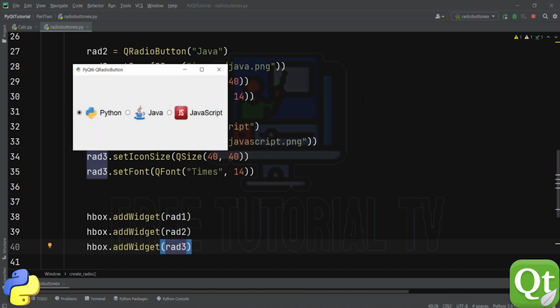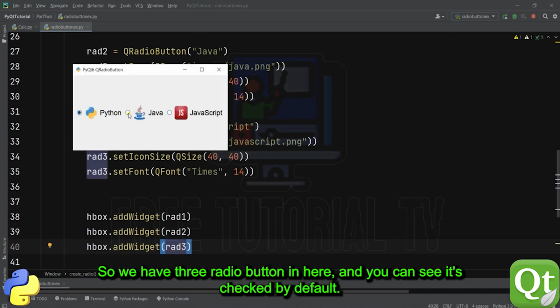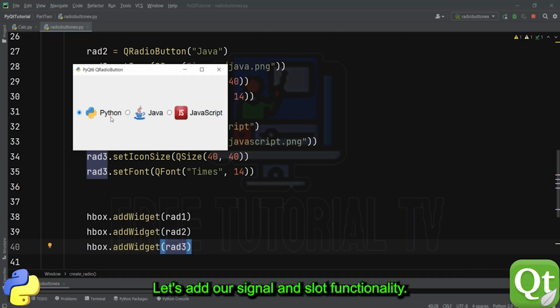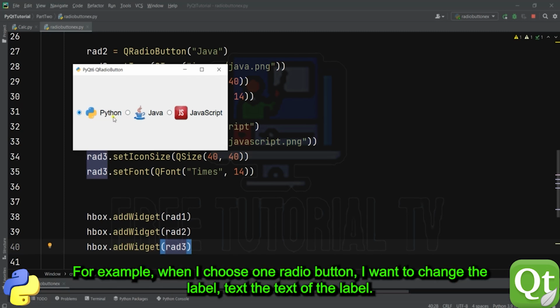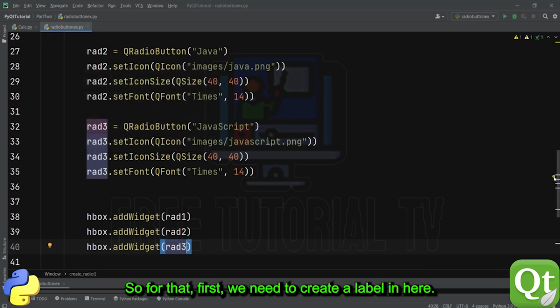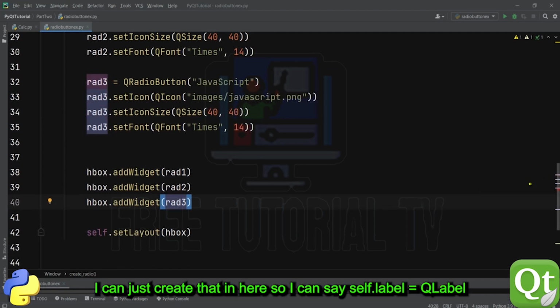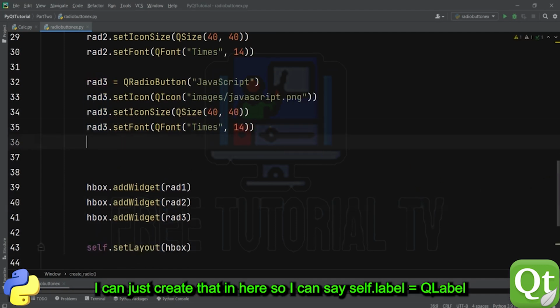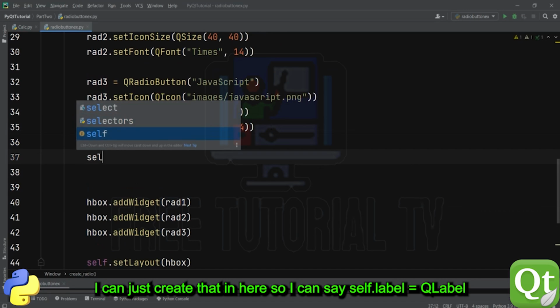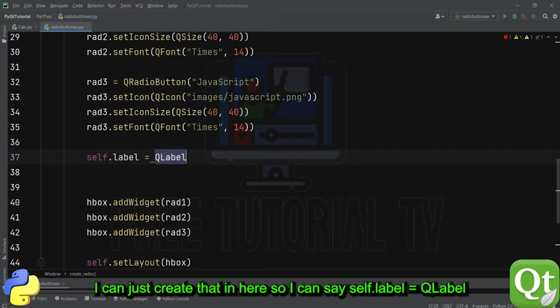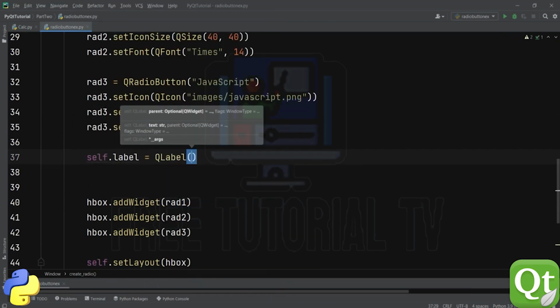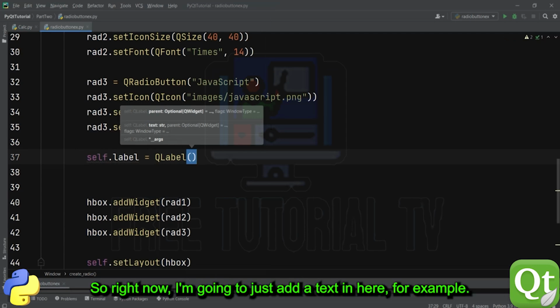Okay, so run this, and you will be able to see here we have three radio buttons now, and you can see the Python one is checked by default. Let's have our signal and slot functionality. For example, when I choose one radio button, I want to change the text of the label. So for that we need to create a label in here. I can set self.label equal to QLabel,